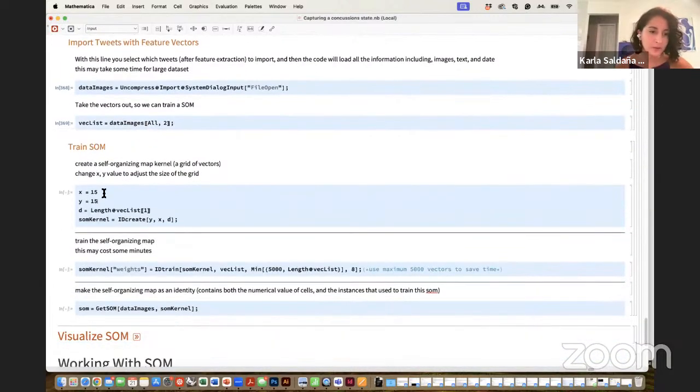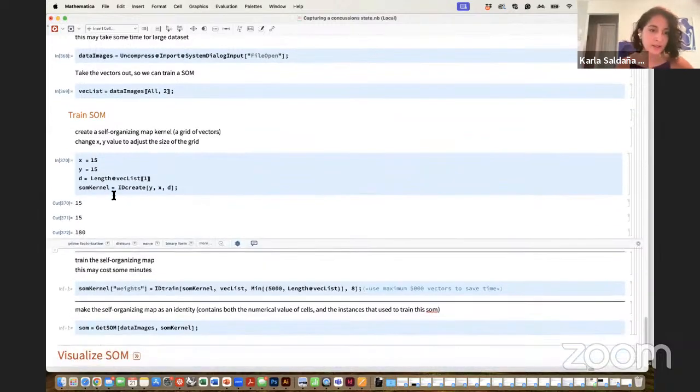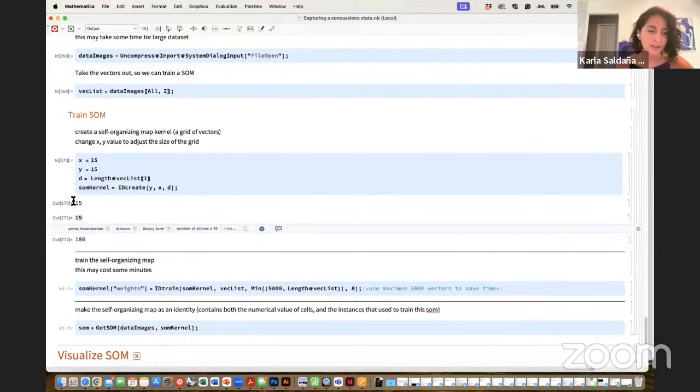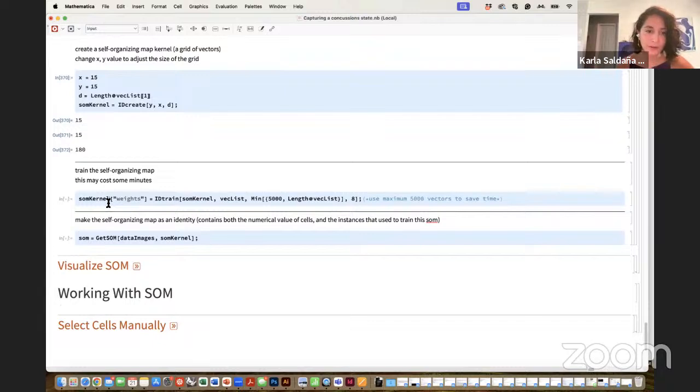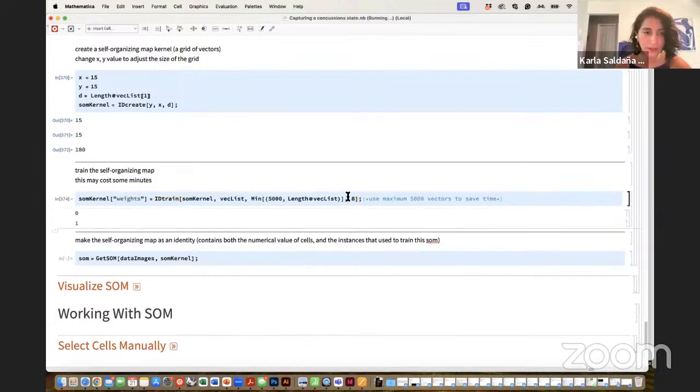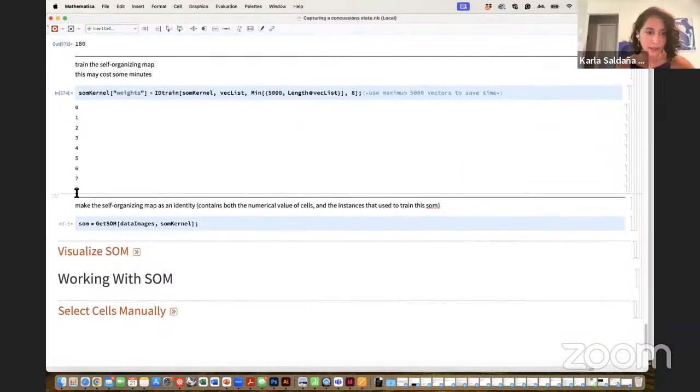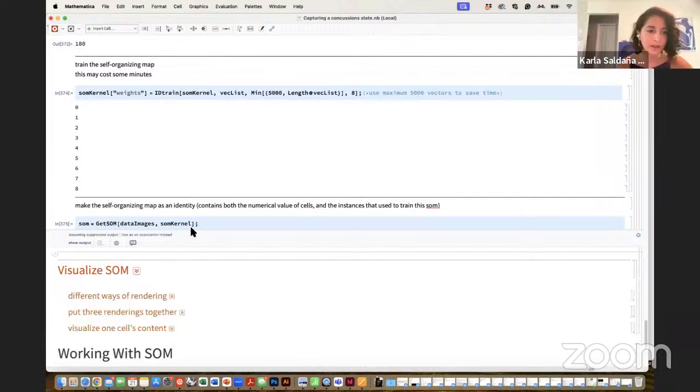And now here you can define the size of your SOM. In this case, I am training a 15 by 15. You could do a 10 by 10 depending on what you want. Here it is just confirming that you have 180 dimensions and a 15 by 15 SOM. If you want to increase the epochs for training, you can change this number. In this case, I'm going to train through 8 epochs, and you see epoch 1 through 8 has run, and then here it is just saving the data. All right, let's try this.